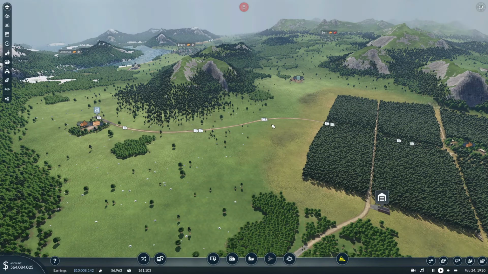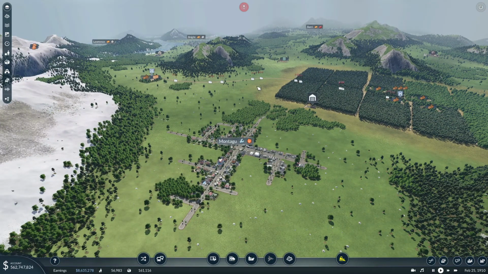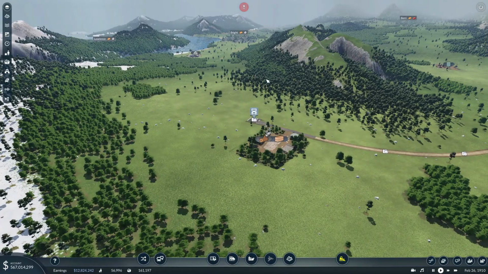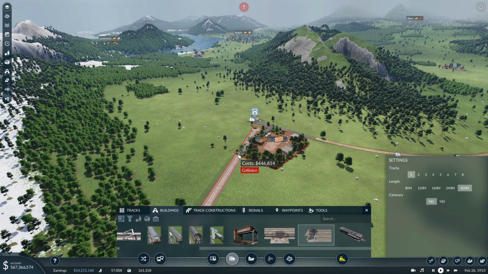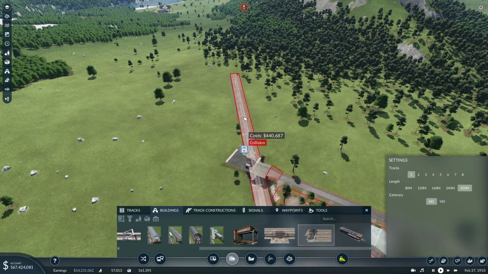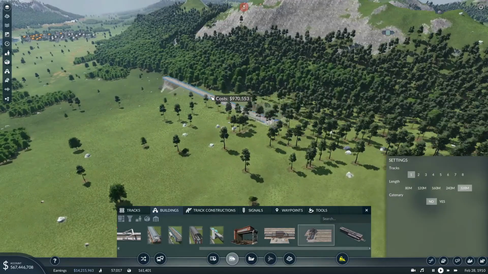All signs point to running the line down here because it's just A, a bit more direct, but B, it's just a lot flatter, isn't it? But we can come straight down on the side of this mountain. Might look quite nice, you know. Yeah, do it. We're not here to play safe. We're here to make things look cool and have a good time doing it, aren't we? Certainly are. Alright, how do you want to do...